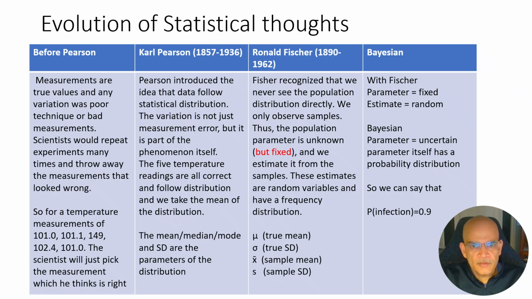We will not talk about Bayesian statistics today, but the main idea is that with frequentist statistics, as we said, the population parameter is unknown but fixed, and you are estimating from the samples. While in Bayesian statistics, the population parameter itself is a random variable. So you can estimate the probability of the population parameter. So you can say the probability of my result being true is this, which we cannot say with frequentist statistics, and we'll talk about that in a little bit.